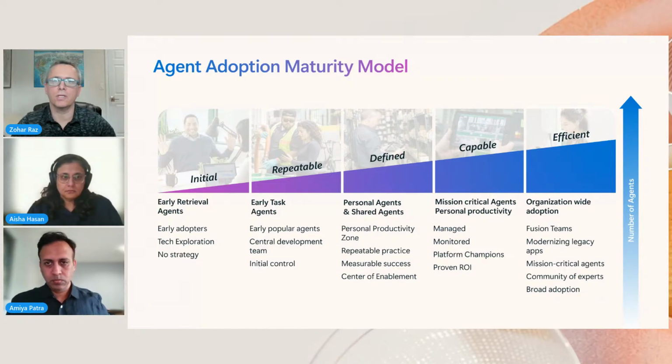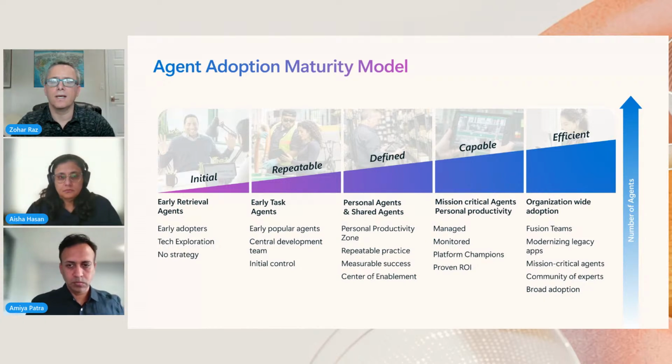this adoption journey, all the way from the left, where we see companies getting started, either because they have a few teams starting to build dedicated agents that will go to the tenant catalog and serve the entire company, and then maybe some initial enthusiasts that are starting to build agents and using the Gen AI technology inside the company, all the way to companies that are on the far right in the efficient stage, where you have a well-established